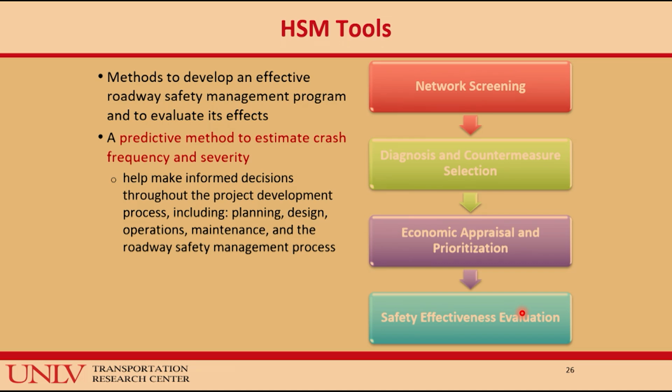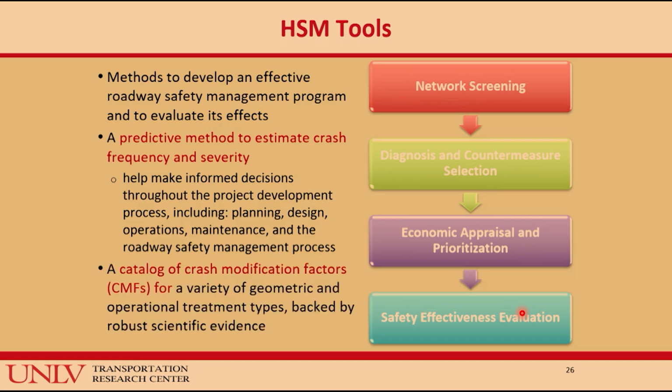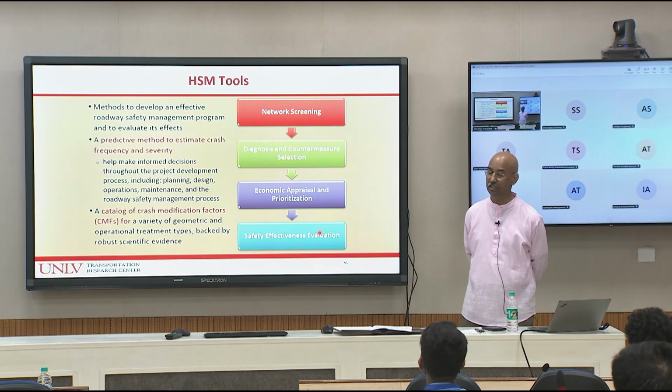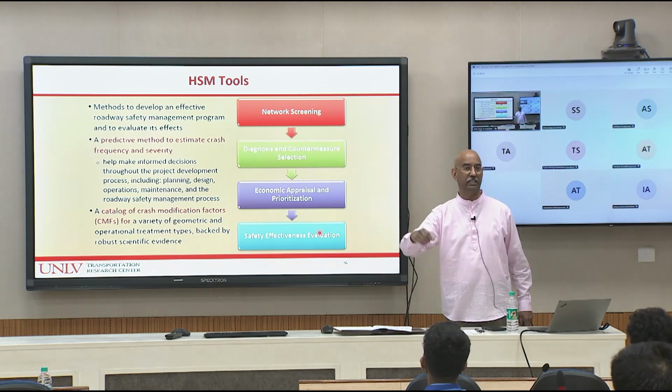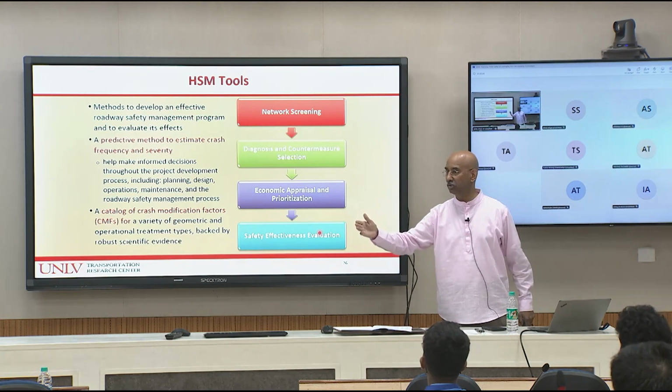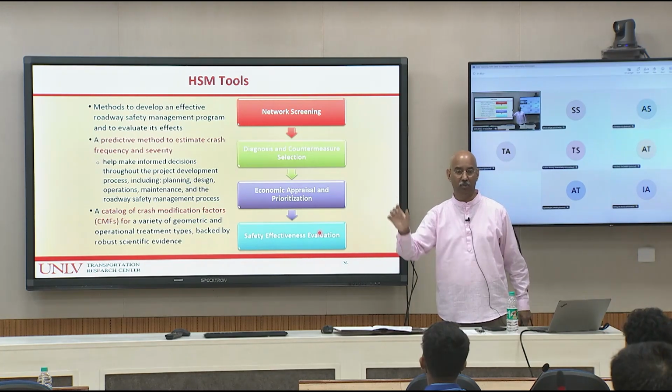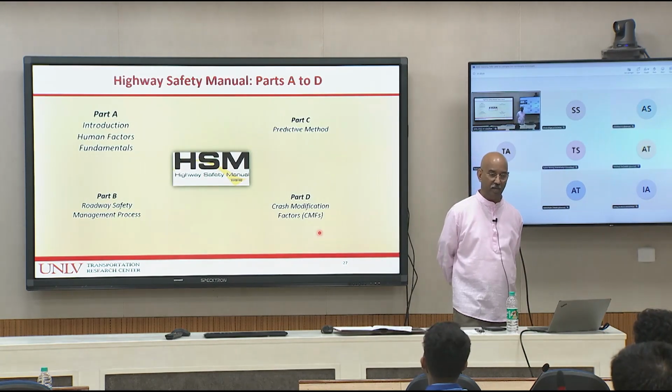If not, we go back and feed that information into all the data that goes into the Highway Safety Manual's methodological approach to say, oh, we thought we would have a crash reduction of X, now it is X minus delta, based upon hundreds of such deployments. So it has what are called crash modification factors, and I will talk to you about crash reduction. There is a whole catalog saying that if you did this in such and such a context, you will reduce the crashes by this amount. So the Highway Safety Manual has 4 parts.